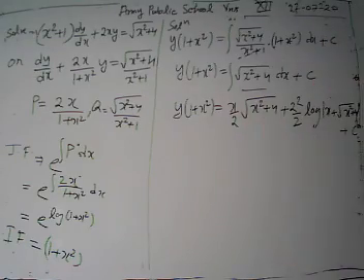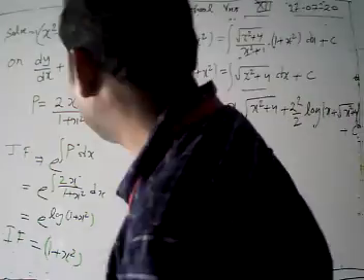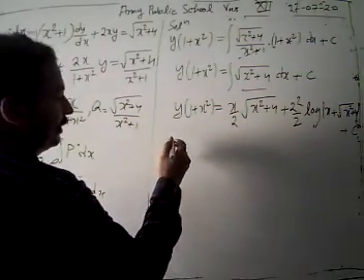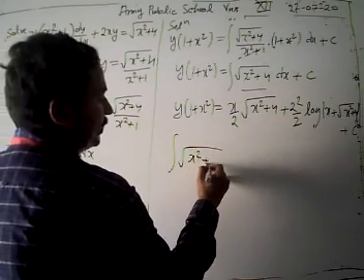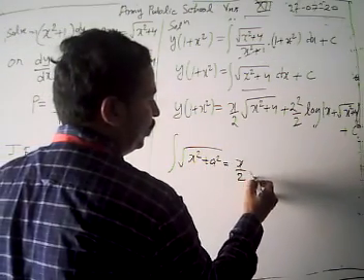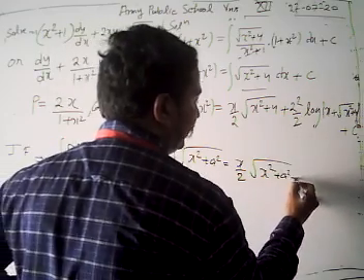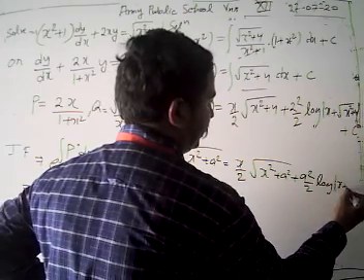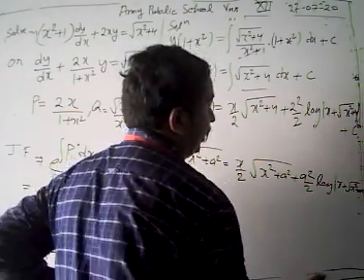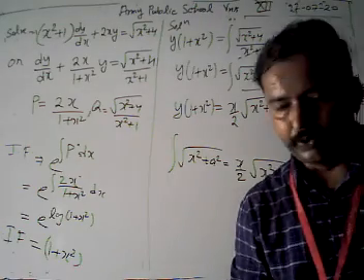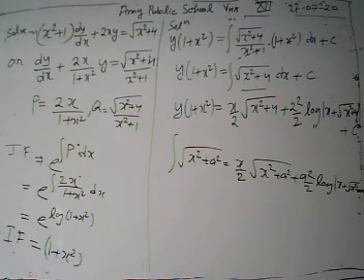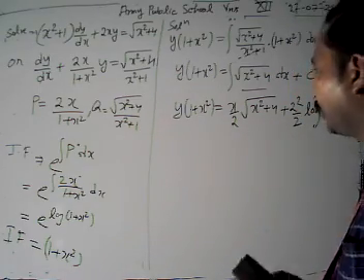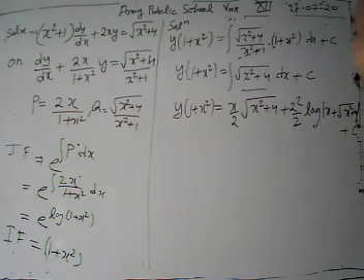Now look, this is our final value. We have put the values of the integration of under root x square plus a square, which is x by 2 under root x square plus a square, plus a square by 2 log x plus under root x square plus a square. You have to learn this, otherwise forget it. I missed the first term there. So y into 1 plus x square is given by x by 2 under root x square plus 4.